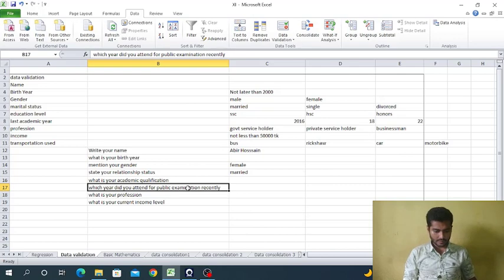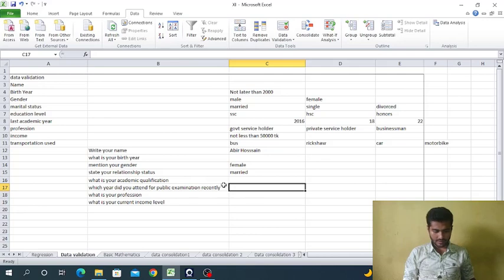Then we are going to another data validation, public examination recently.